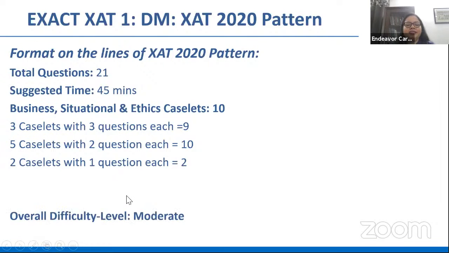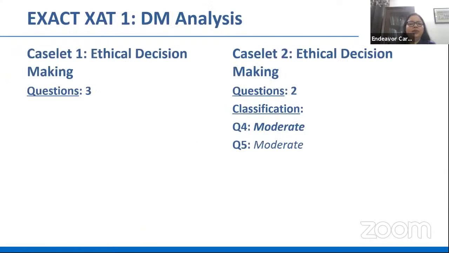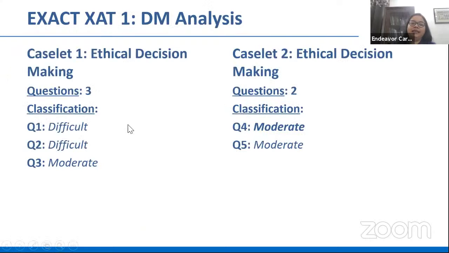Which is why this is marked moderate to difficult, though of course not mentioned here. You can take it as slightly higher than simply moderate. Decision-making sectionals are normally marked moderate. I did mention this in our last discussion. But here is a sectional, because it had a lot of business scenarios, you can even mark it moderate to difficult, not just moderate, but a little more than that. All right. Now, look at the various ones. You had the first one, which was an ethical decision making. Even an ethical decision making is not an easy one. It's those situational decision making that tend to be easy because you can relate to that situation.